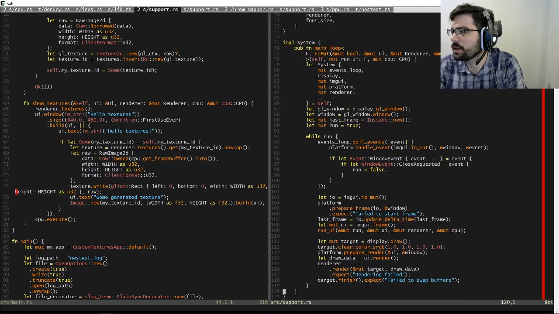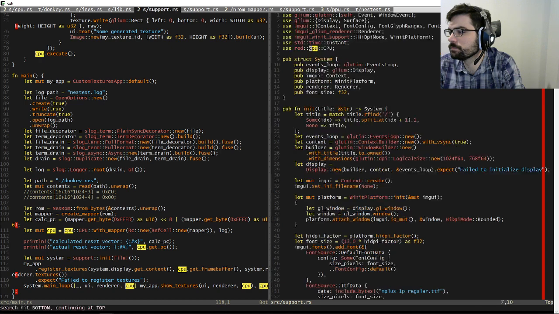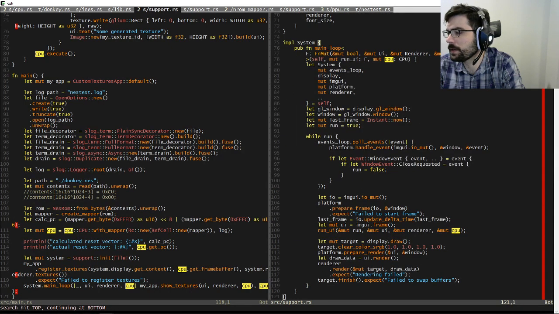What is happening every main loop that shouldn't be? Am I like copying something every frame or? Don't think so. Pass the CPU in here.